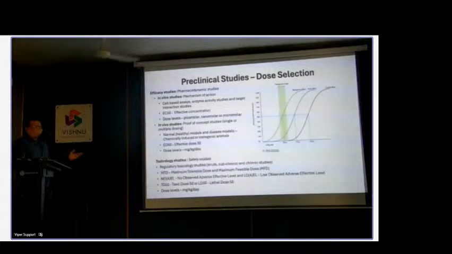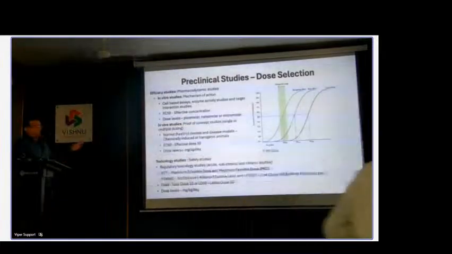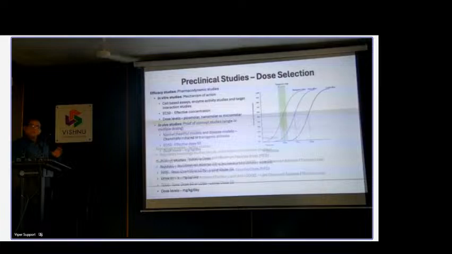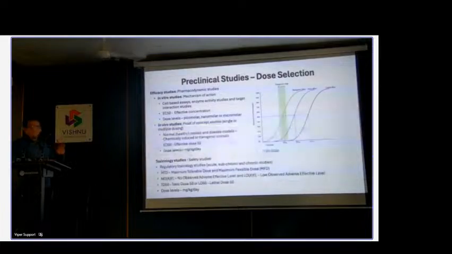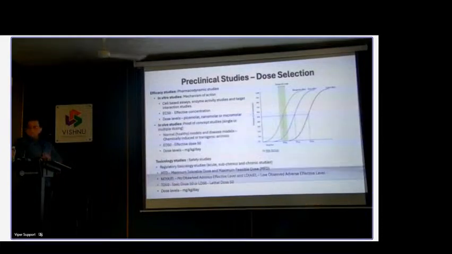So again, once you get this effective dose, ED50, that is 50%, you can calculate it, and this will be because you are dosing the animal with mg per kg, either per day or per week, depending on the type of drug, and you would end up with the ED50 value.